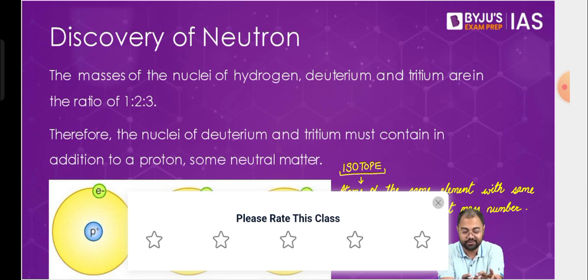Because we know that in a neutral atom the number of electrons and the number of protons are the same. So if the number of protons is x, then the number of electrons will also be x. So that's fine, but we always define it as the number of protons. Can somebody give me a reason why we always define it as the number of protons and don't define it as the number of electrons?